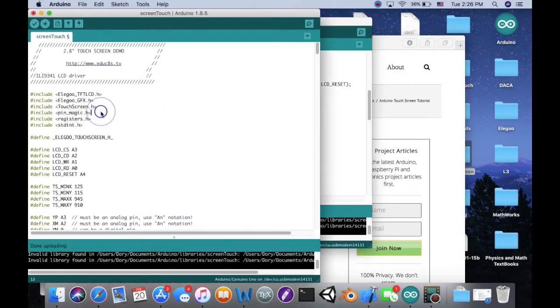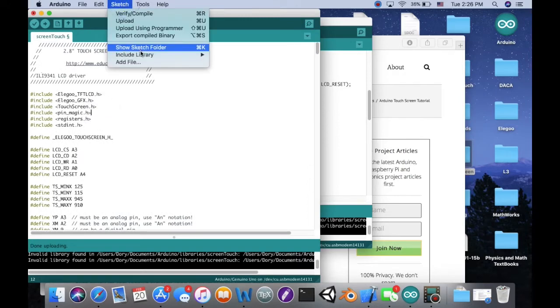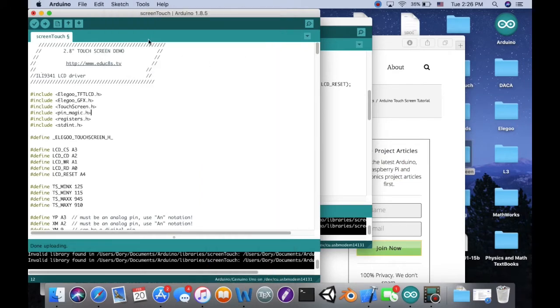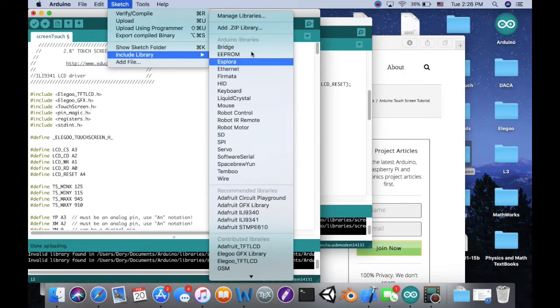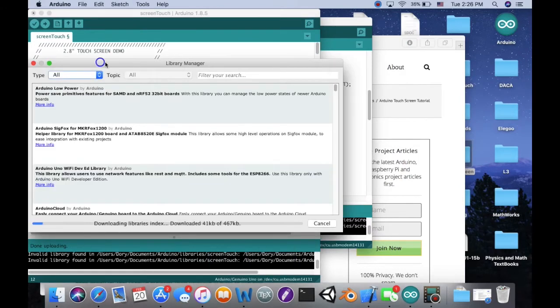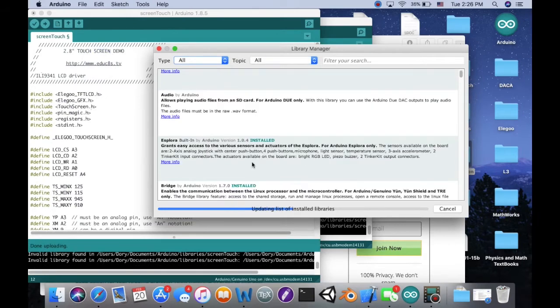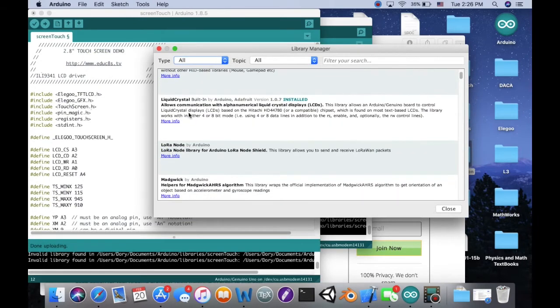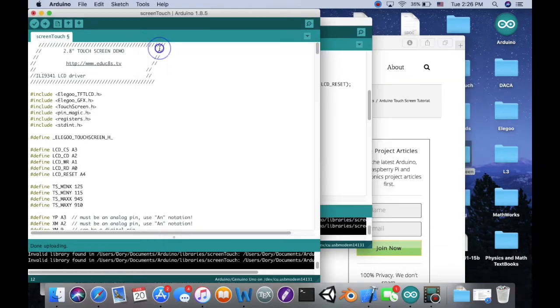So sometimes we can pre-install our libraries. If you just go to Sketch and include library, you either can include your library, so these are already libraries that are here, or you can go to Sketch, include, and manage libraries. When you manage your libraries, it'll look inside the Arduino software and it'll look inside the internet for different kinds of libraries that you can go ahead and install into your Arduino set,